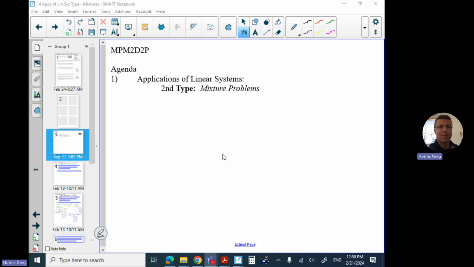So here we go. I actually changed the order a little bit. We did 15 yesterday, and then a little trickier, so I'll be there for that one. This type 2 mixture problem is actually similar to what we did on Wednesday. I just didn't call it mixture type problems then. We're continuing on with applications of linear systems, where we make equations and then solve linear systems to get answers